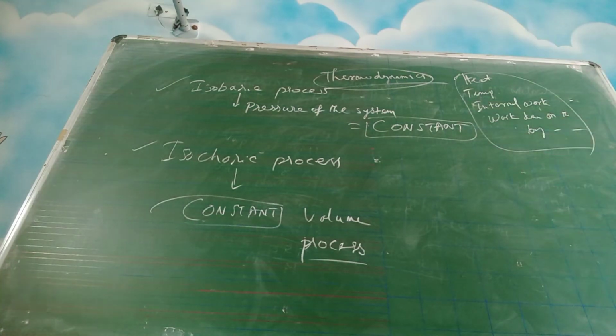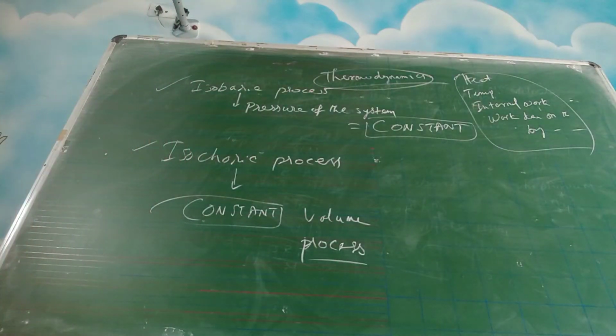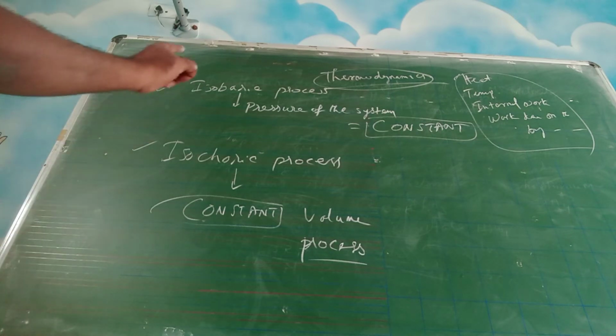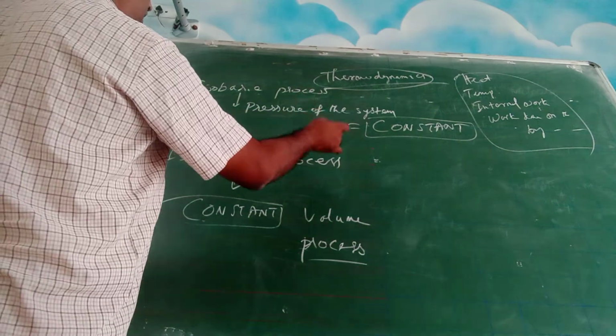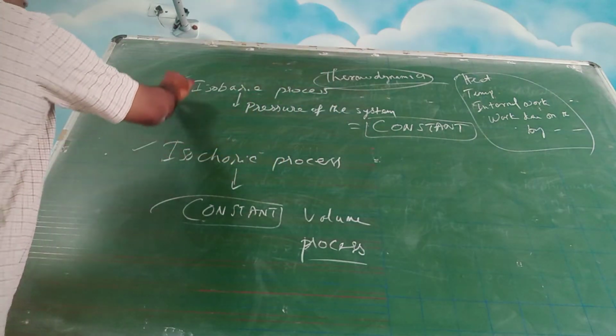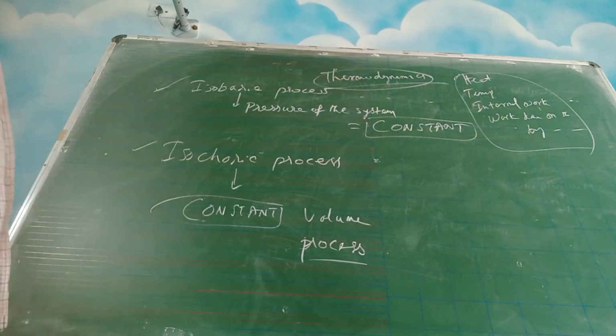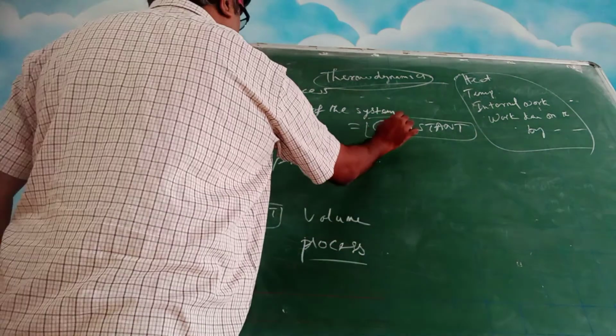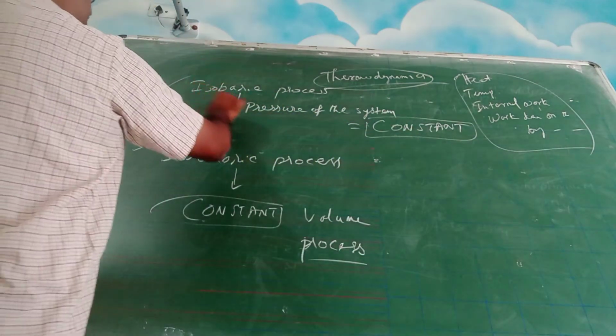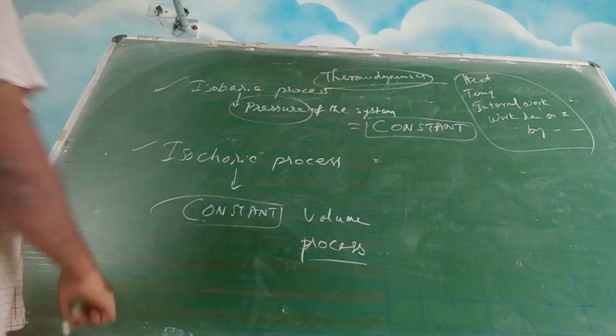Essentially, it is a process. The way your car engine works, the way a piston works, all these things. Steam piston I'm talking about. So all these things involve a process, and in that process you come across these two terms quite frequently. So something or other is constant in this process. So you need to understand what is the constant in an isobaric process. It is the pressure of the system.